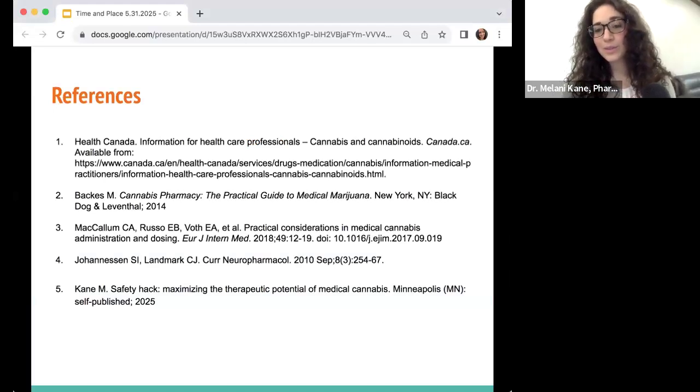So again, I think the message that we should be giving to our patients is we have to give them some control. We're making recommendations and they need to self-titrate to the effect that they need rather than a consistent specific milligram dose. So while I respect consistency in dosing, especially with studying Dr. Kane, I would argue that for many of our patients in a clinical setting, 10 milligrams might be too much today and not nearly enough tomorrow in the middle of something else going on. So adjusting individually, starting low, going slow, and adjusting to clinical effect, I think is really an important mantra.